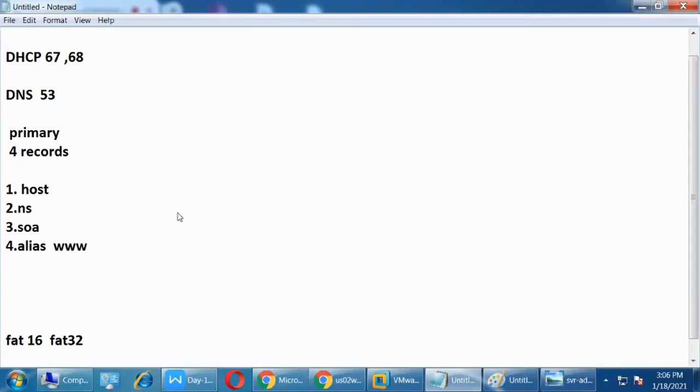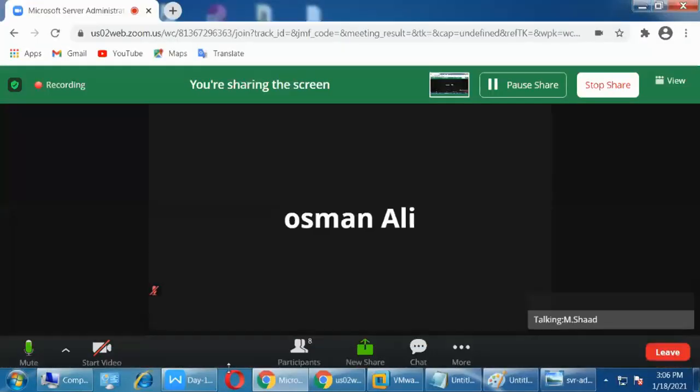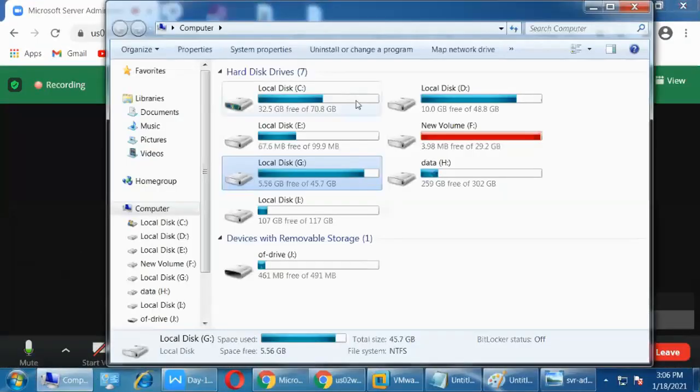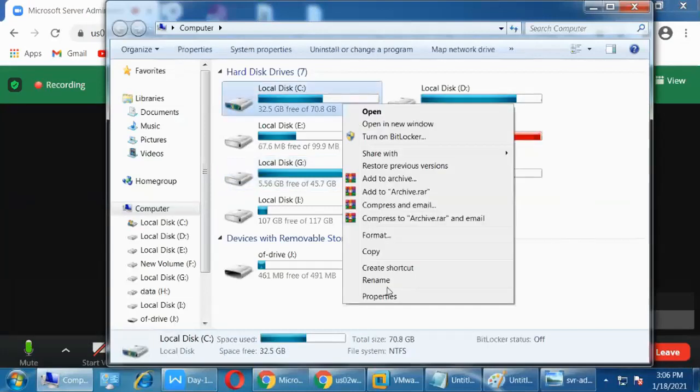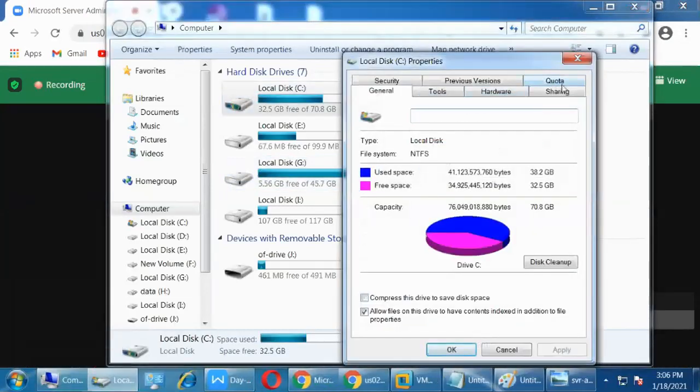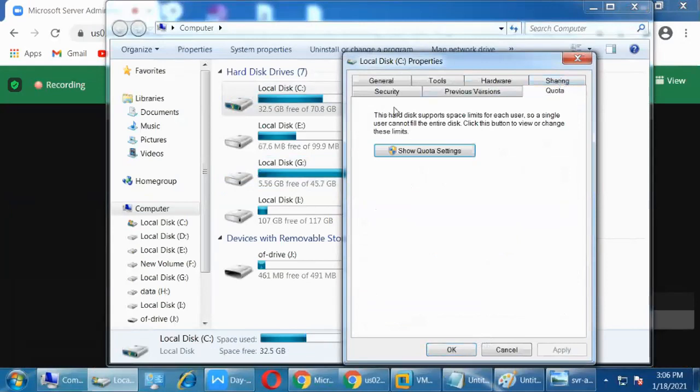Yes, so that is the reason NTFS came. So where do we use FAT16 and FAT32, sir? For security purposes? Because I already showed you, if I select my computer and right click any partition, then click properties, you can find the two options, quota and security.